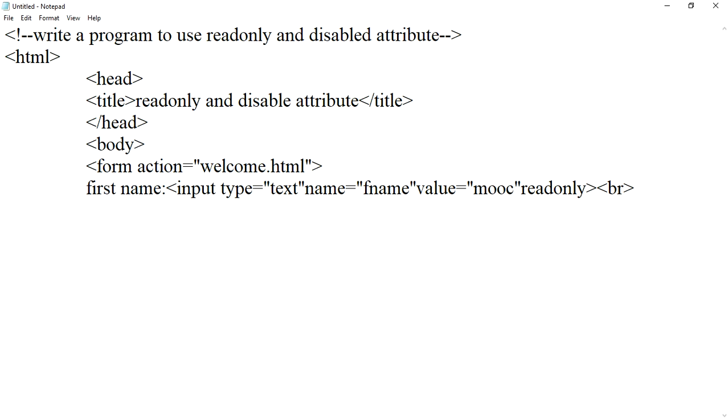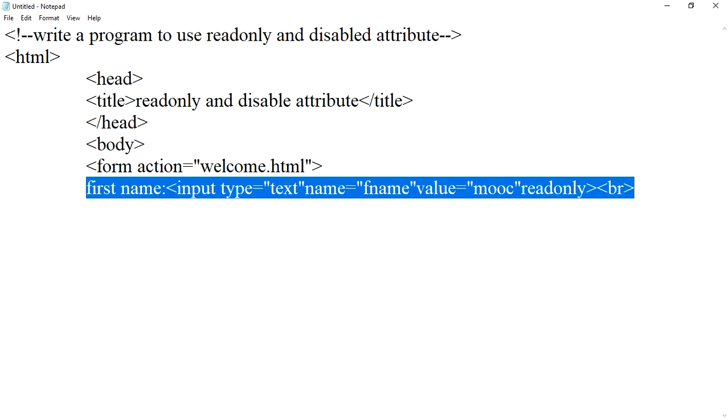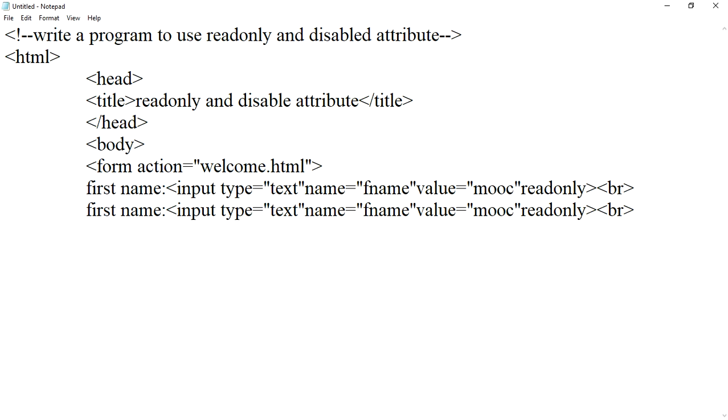and we'll copy the same line and paste it in the next line. And we'll make necessary changes. Last name input type equals to text, name, value equals to